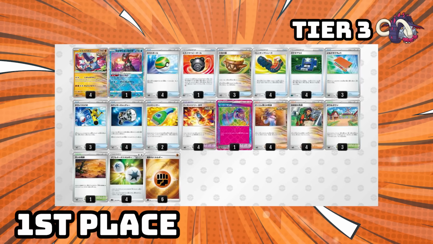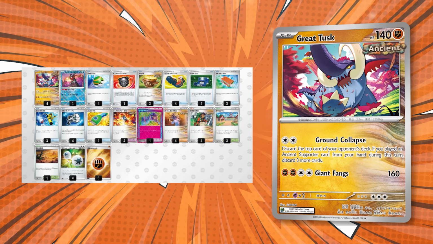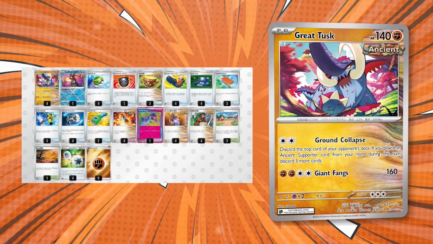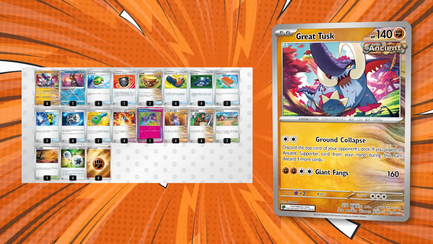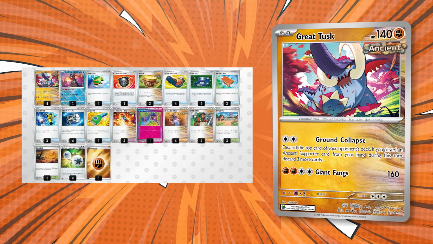Next, we have a first place Great Tusk Mill deck list. So there's a new single prize Great Tusk in this set. There's actually 2, but the one we're looking at has the attack Ground Collapse. Discard the top card of your opponent's deck, and then if you played an Ancient Supporter card from your hand during this turn, discard 3 more cards from your opponent's deck. So you get to discard 4 cards a turn with this Ground Collapse, as long as you played an Ancient